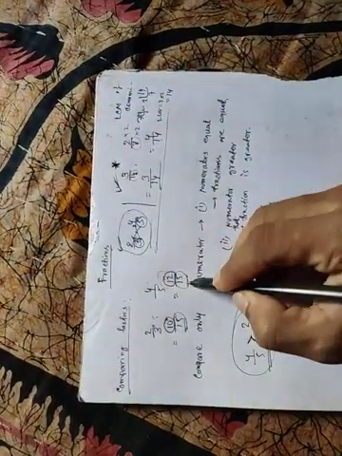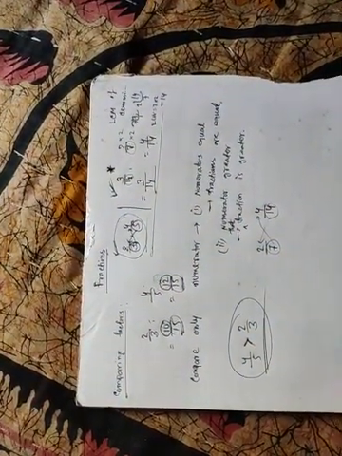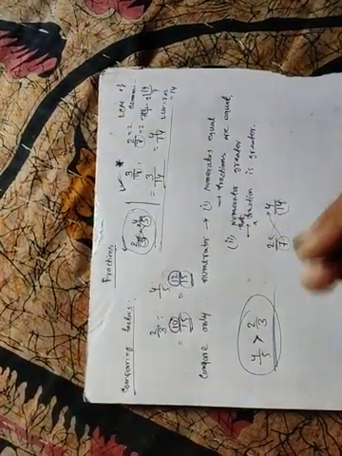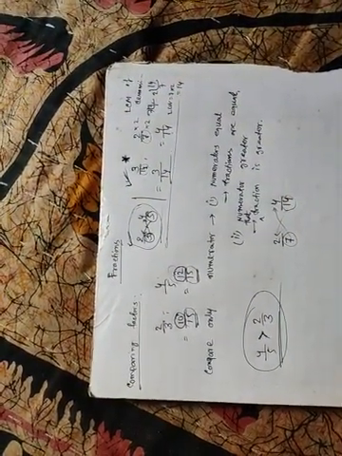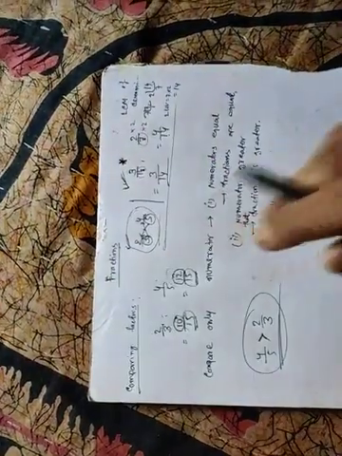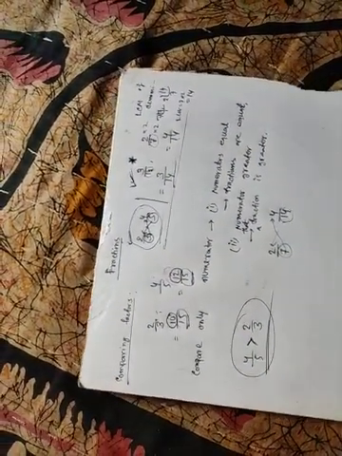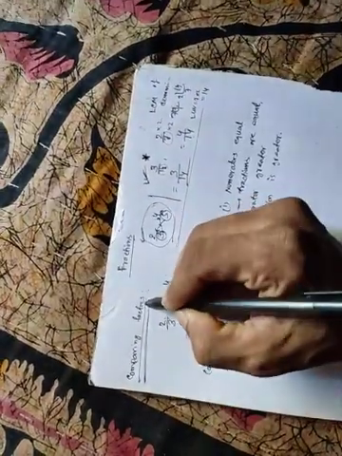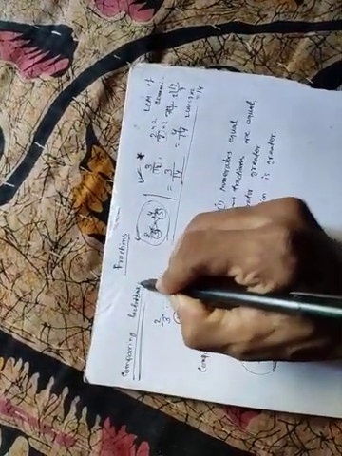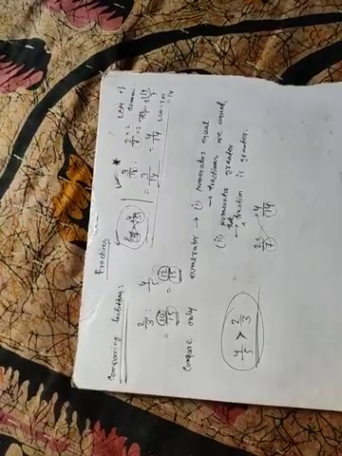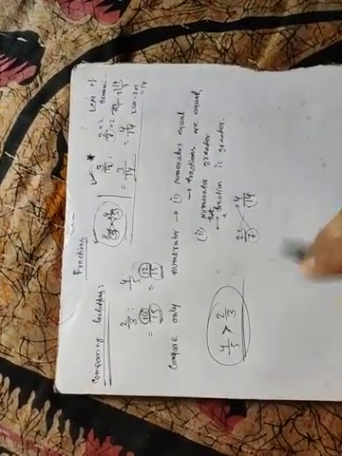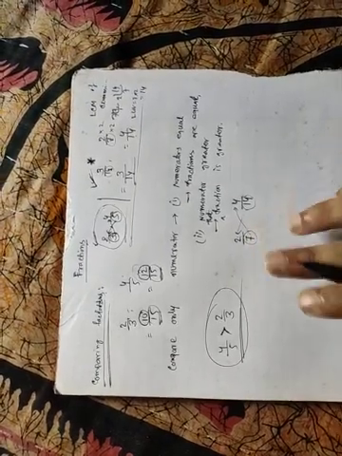Why? Because if we do the multiplication, then the denominators must be the same. If you do the multiplication with the denominator, then no problem. Here you have not been asked to convert the fractions into like fractions, but just to compare the fractions. So for this we do not check the multiplication with the denominator.